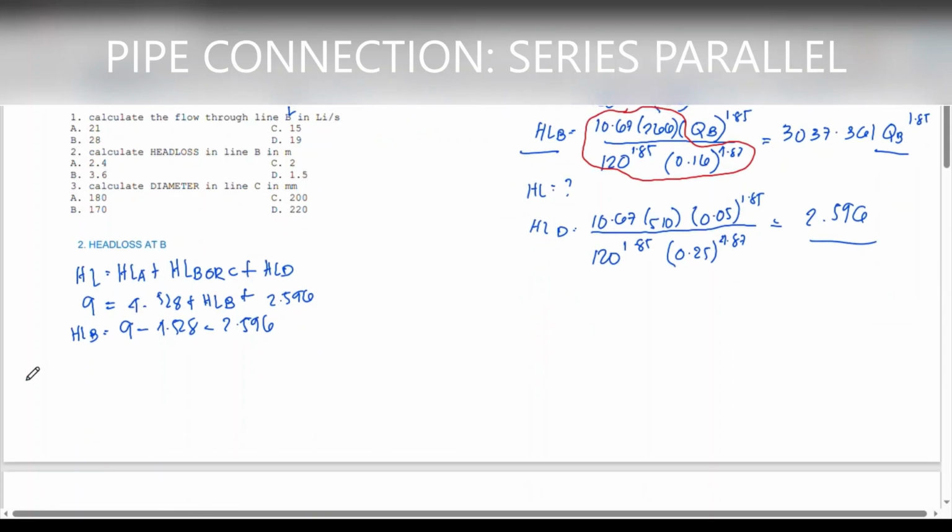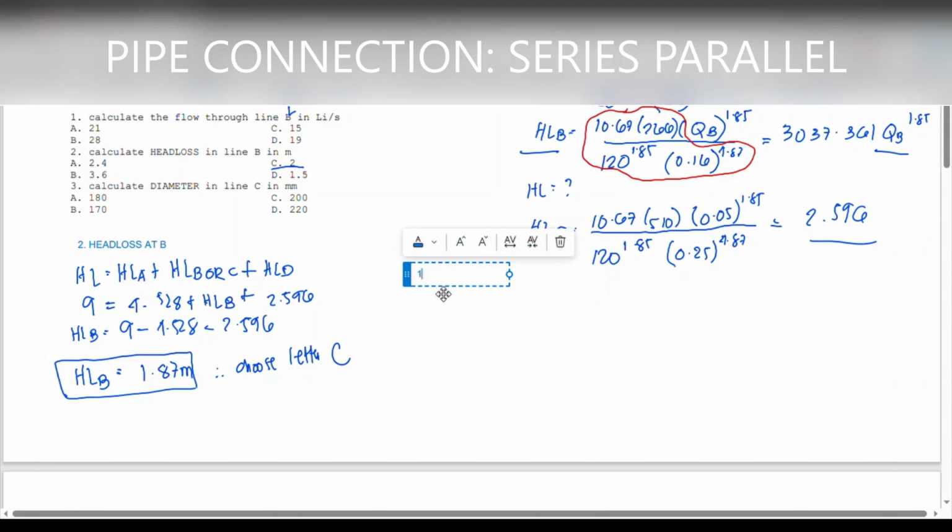So our head loss at B is just equal to 1.87 meter. Now from our choices, we have head loss of 2 meter as the closest value to 1.87. So we have to choose letter C. So okay, next we will be